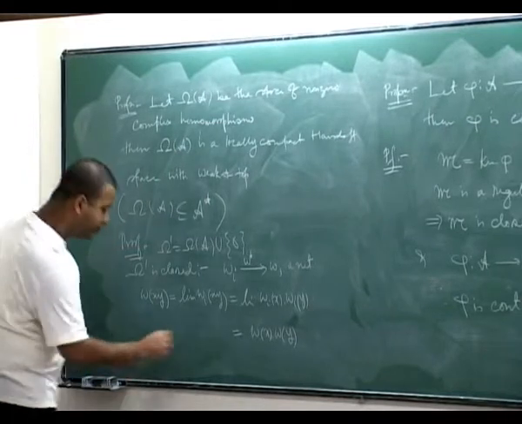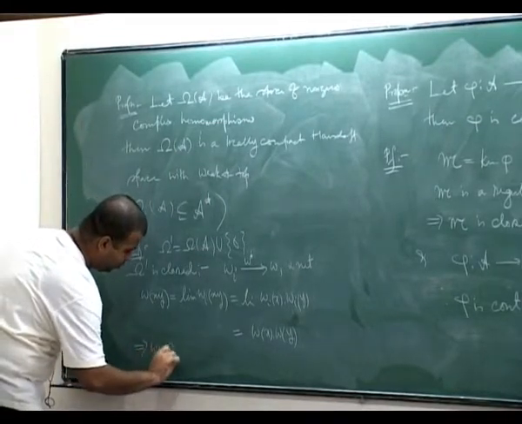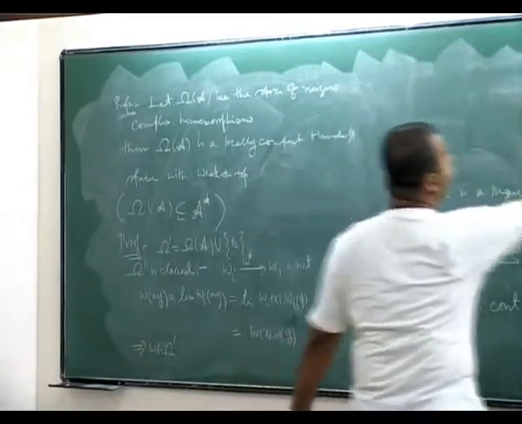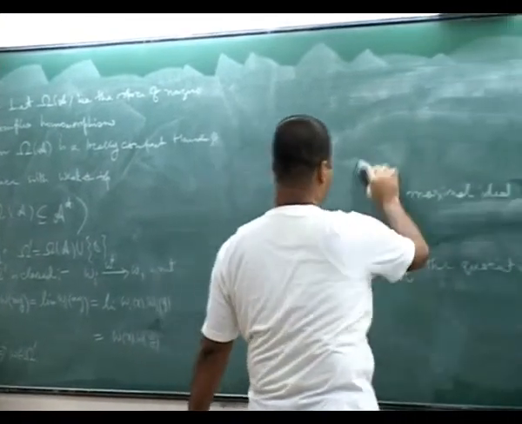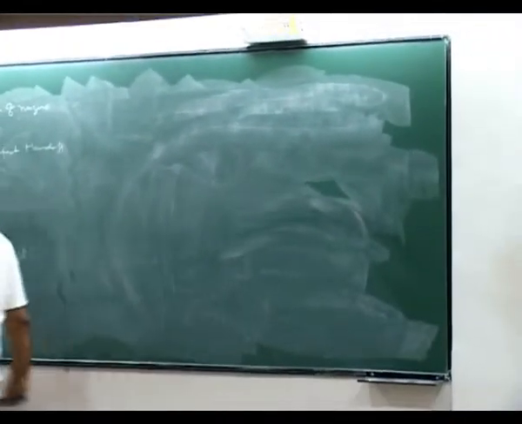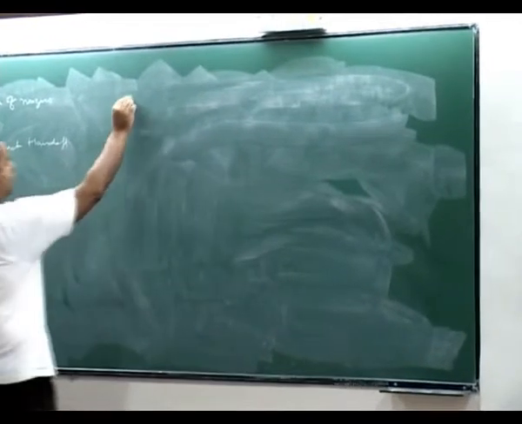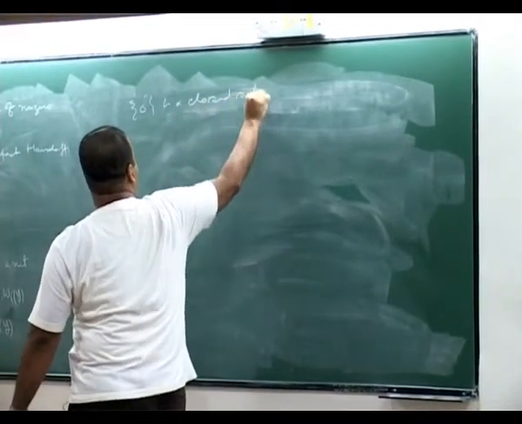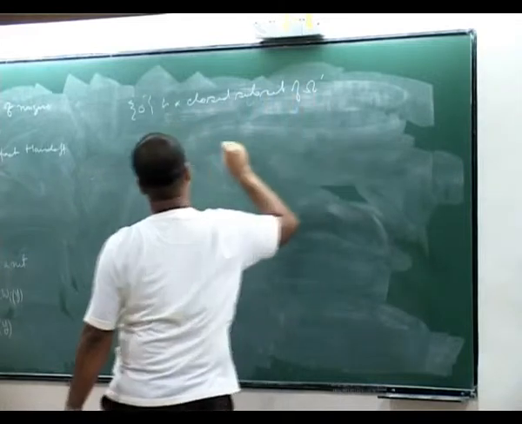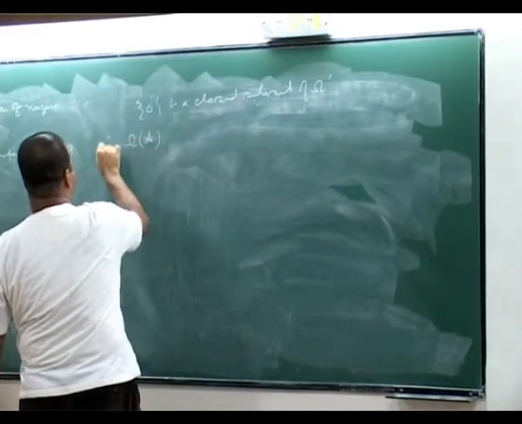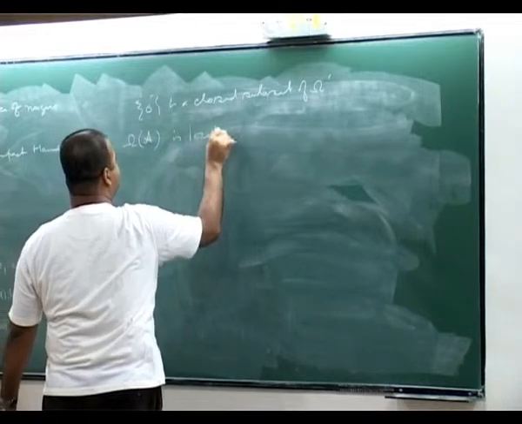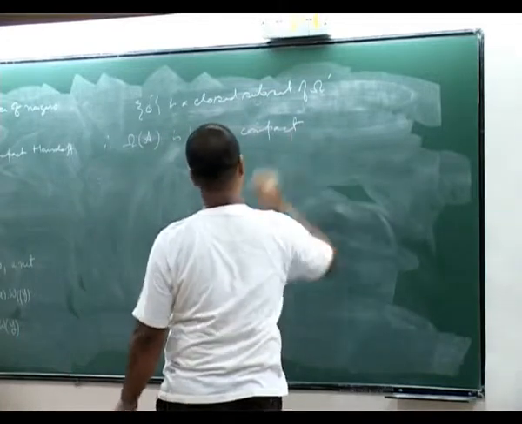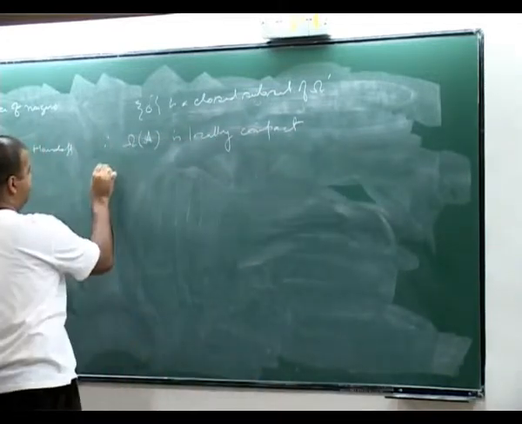So omega prime is closed, and this point 0 is a closed subset of it, so omega A is an open set in a compact space. So this is locally compact, and this is Hausdorff because